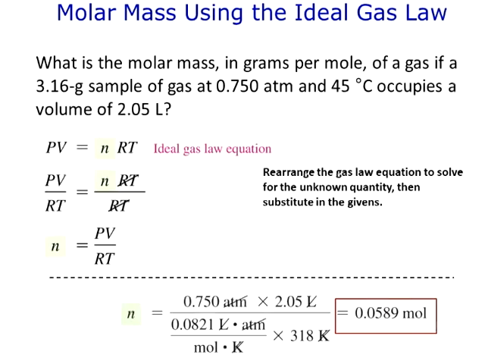So I rearrange my equation, ideal gas law, to solve for n. I choose R to match the variables in the problem. I take those, I put them in the equation as we show you here. You've seen this before, we're repeating it. We make sure we convert to K, we punch the numbers through, and we make sure that we report the proper number of sig figs, and I have the moles. So that's step one in working this problem, and I treat it as two different problems. I get to the moles, and then I can take it from there.